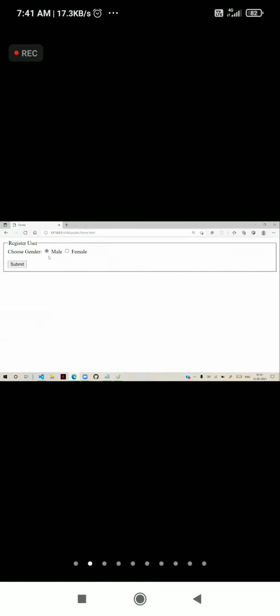That is the ability of radios, how we can work with them. So radios are used for the mutex mechanism, mutual exclusion.